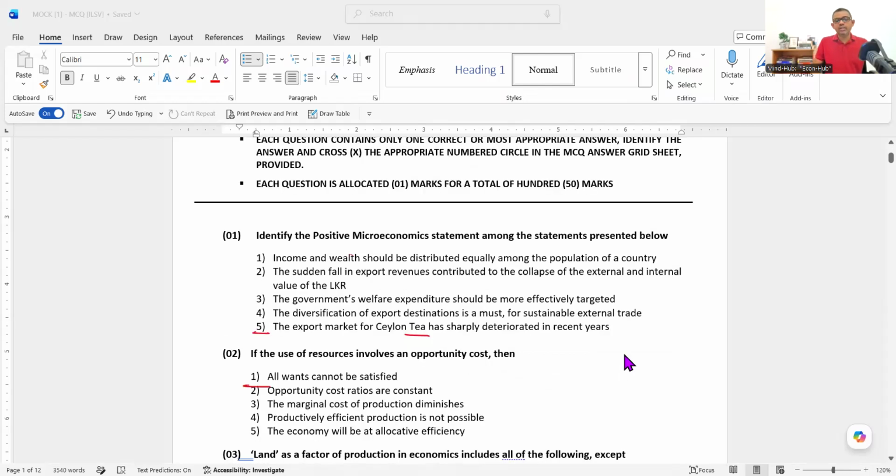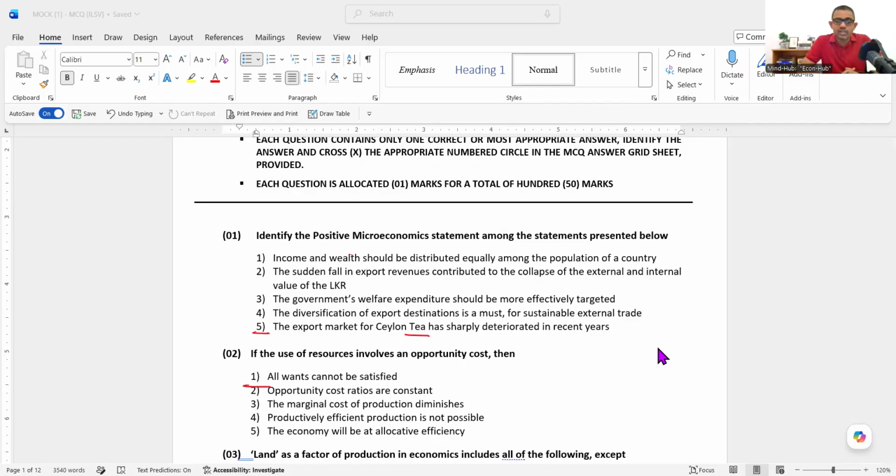Question one, identify the positive microeconomic statement among the statements presented below. Basically, we have chosen answer 5 for this because it talks about a specific product, a specific market, that is the market for tea. So it's microeconomics. And also, it is a positive statement,